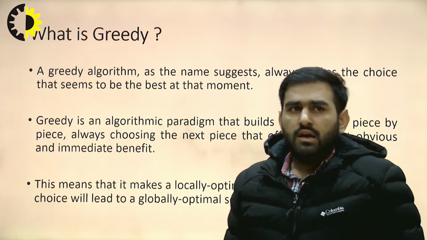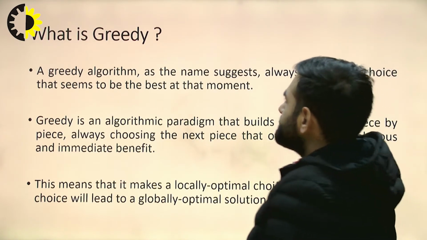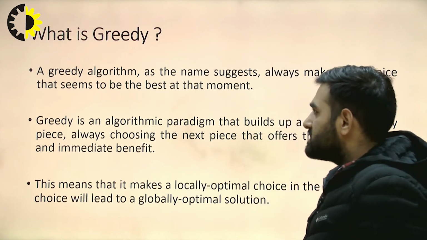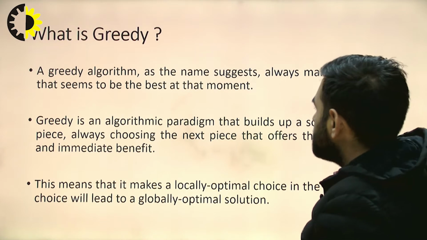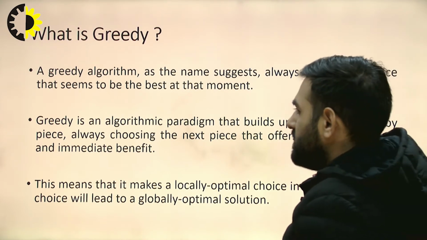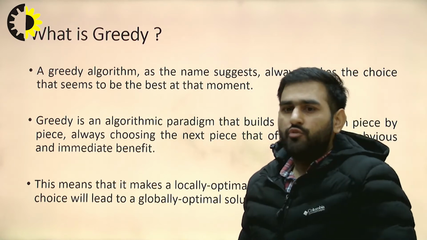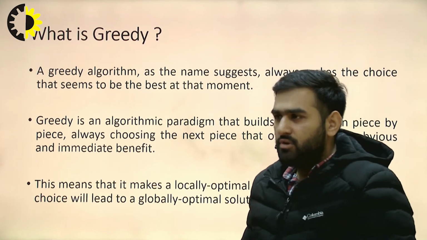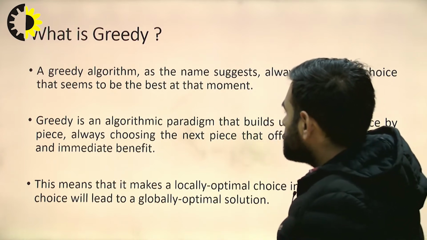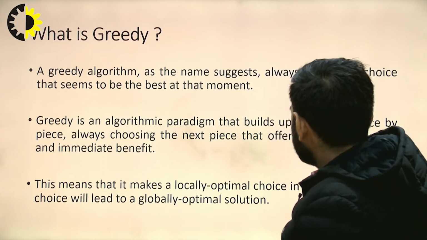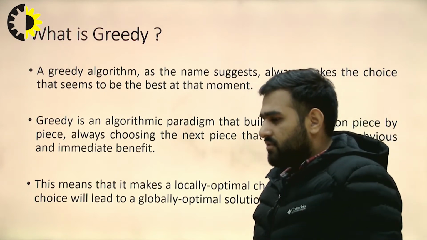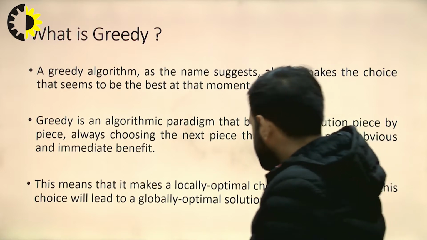Now let's see what is greedy. As the name suggests, greedy means someone who is lalchi. A greedy algorithm, as the name suggests, always makes the choice that seems to be best at that moment. It always looks for the best option at a particular time. Now, greedy is an algorithmic paradigm that builds up a solution piece by piece. What does this mean? It means that while going towards the solution,